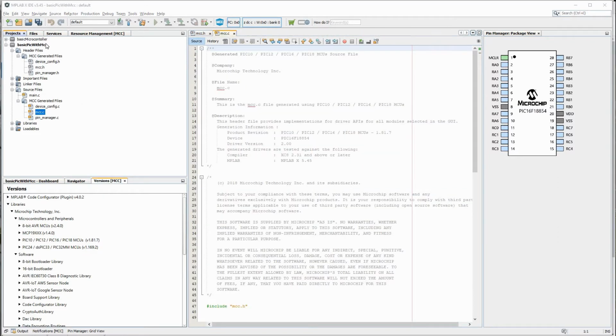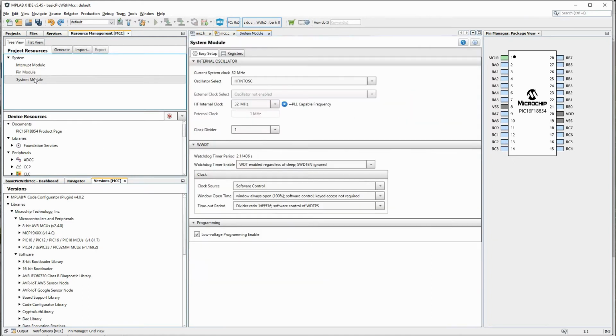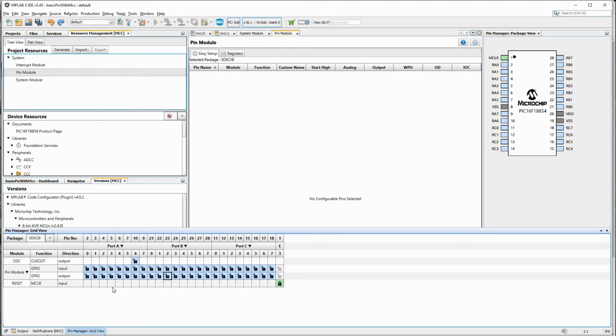So once our clock is set up, let's do pin configuration. So this is a new tab which opened up when you clicked on MCC. So if you go here, you'll go to this MCC. Here we have finished system clock setup. Let's do pins, and in the pins also you can see the pin layout here. Here also we will do similarly RB0 and RB1. So for that, if you come here, there's a grid view. So these are the ports: port A, port B, and port C. It has only 3 ports: port A, port B, and port C.